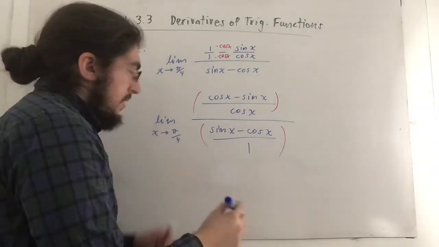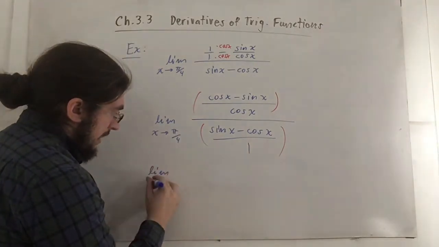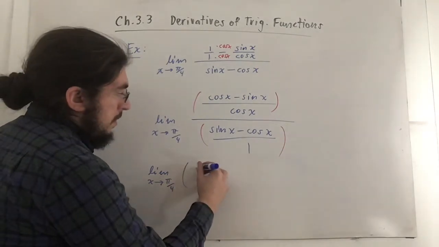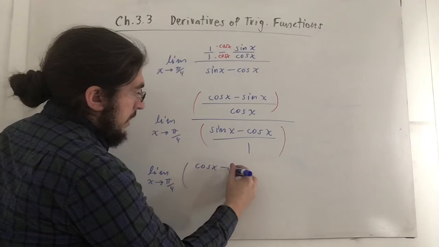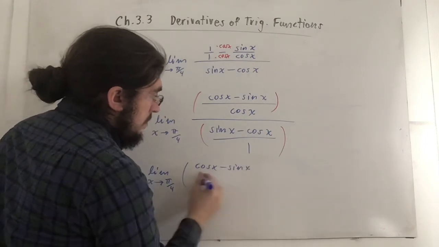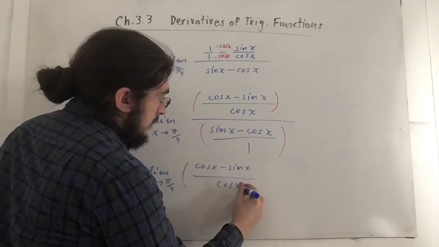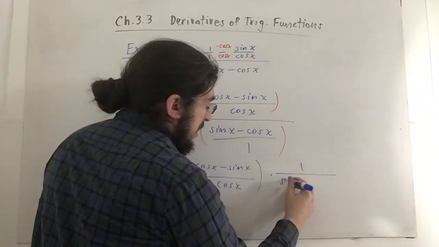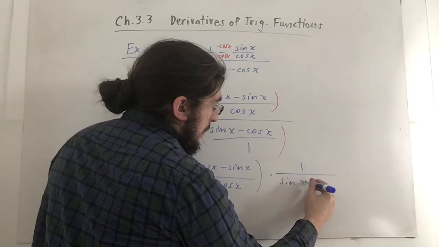So let me write this. So we have the limit as x goes to pi over 4 of the top, which is cosine of x minus sine of x, over cosine of x, times the reciprocal of the bottom,